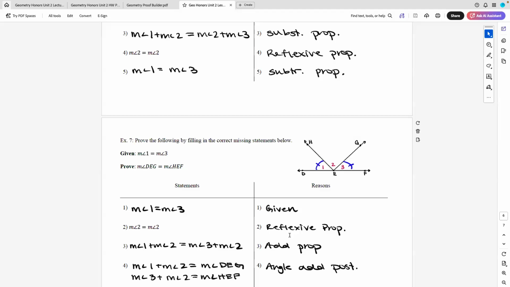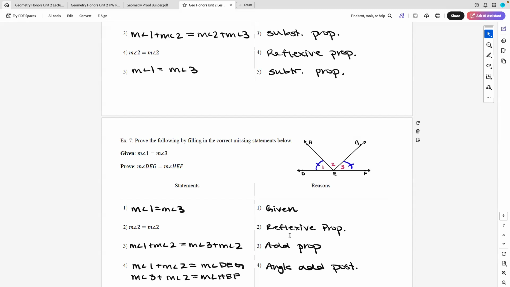And then we have angle 2 equals angle 2. That's reflexive. 1 and 3, subtraction. Number 3 for this one right here. Well, we're adding the same thing. Personally, I would have swapped 3 and 4. Actually it wouldn't matter, but I personally would say 1 plus 2 equals DG. That's obvious. 2 plus 3 adds to